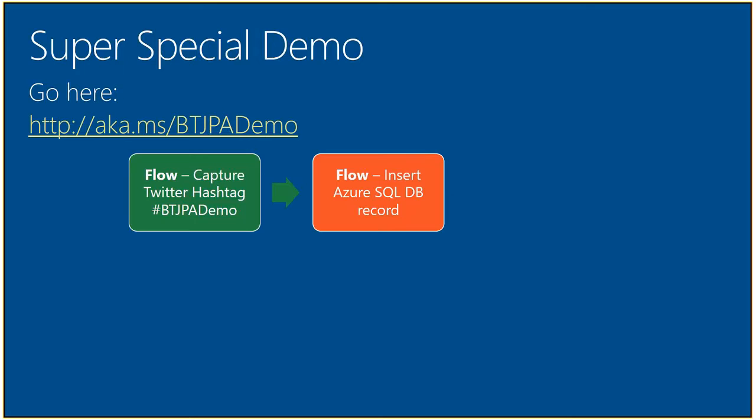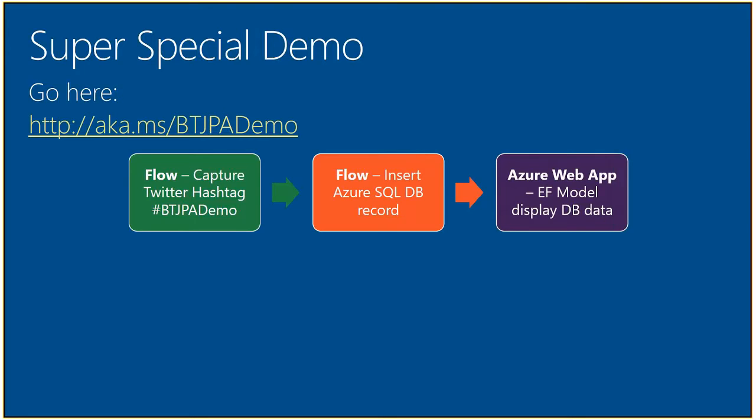It's got a couple different columns in there, and I knew what the data types were. Essentially, we're going to capture that it's coming from Twitter, who the user is, and what the actual message was that was sent into there. We then take what is in that SQL database, and I created an Azure web app,